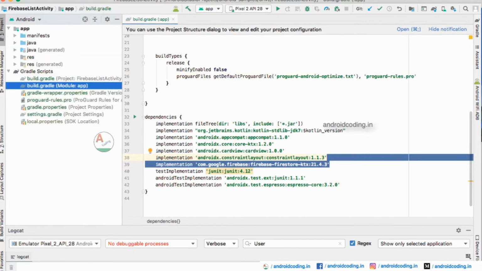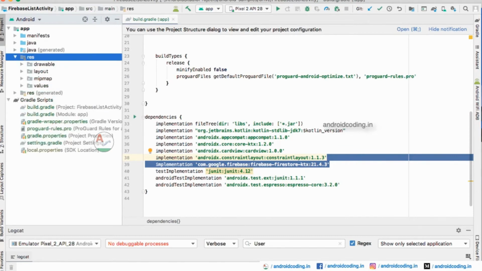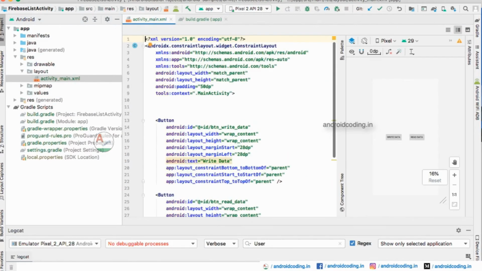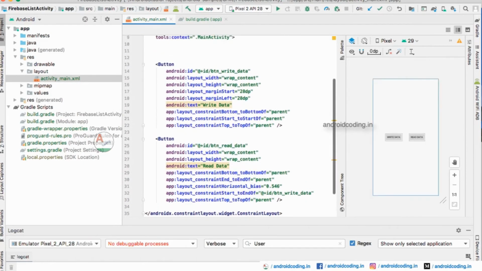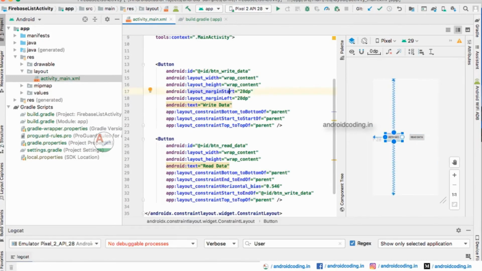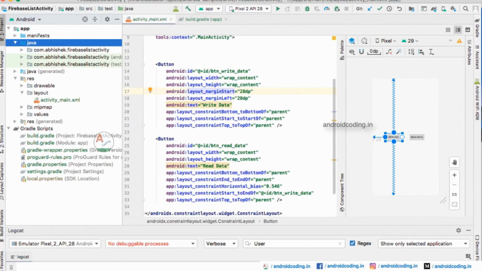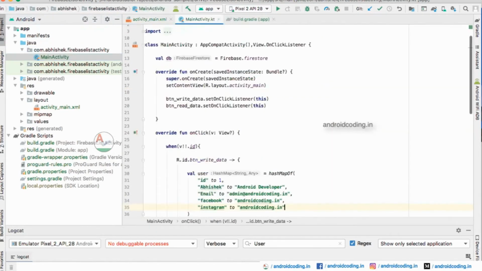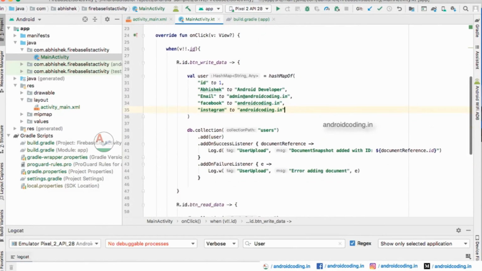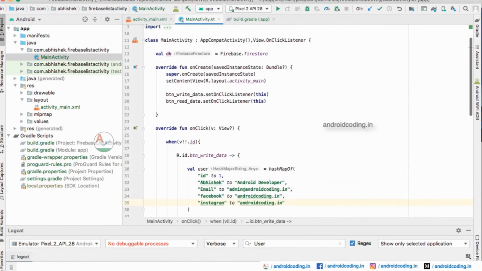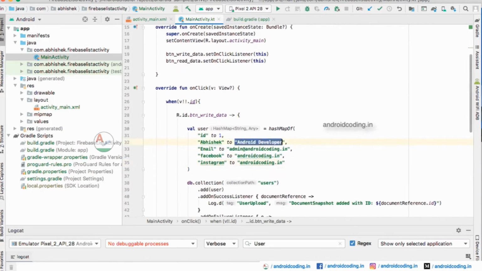Let us see the design, so we get clarity on what we are doing. As you can see, it's very simple. We have two buttons, that's it, for writing data and reading data. I am showing you predefined data here. We can also use an edit text and take user input, but to make it simpler to understand, I am using static data only. If you use an edit text, you need to provide your edit text value here.